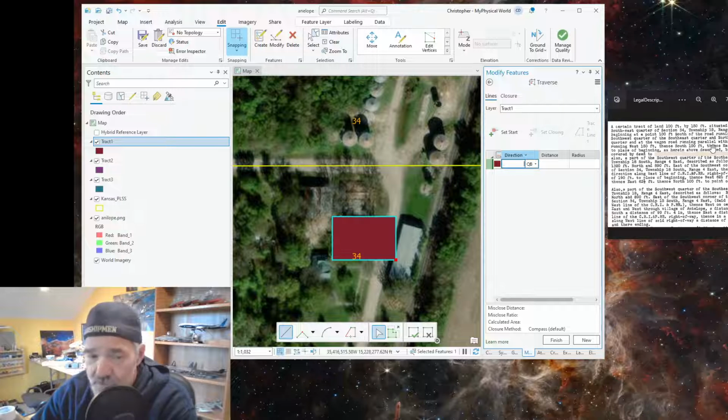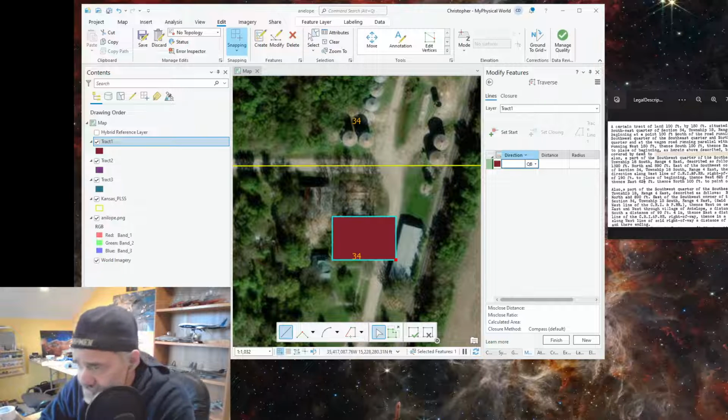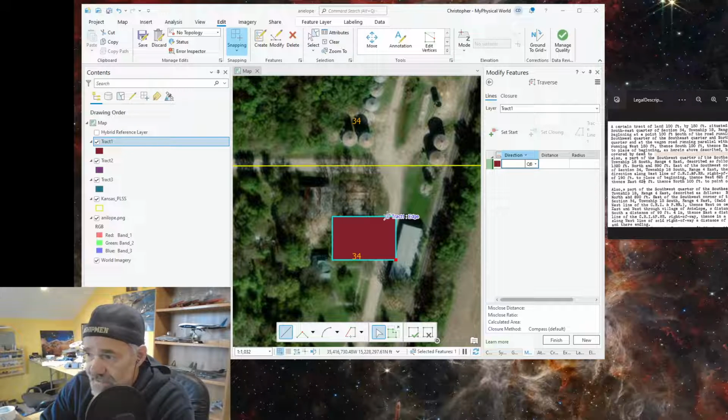Now we're going to map track number 2. But before I get to track number 2, remember it said beginning south of this point that was up here, right? Since it said south, I went straight south down. However, because I know this area, I know that this road is diagonal. That means this east line would most likely be diagonal. But it did not say